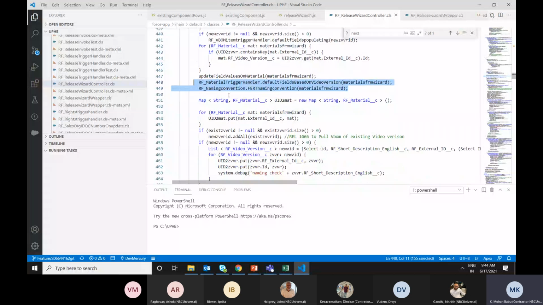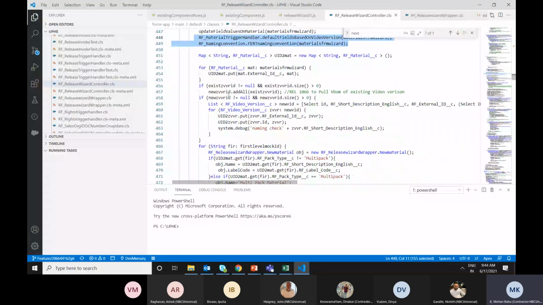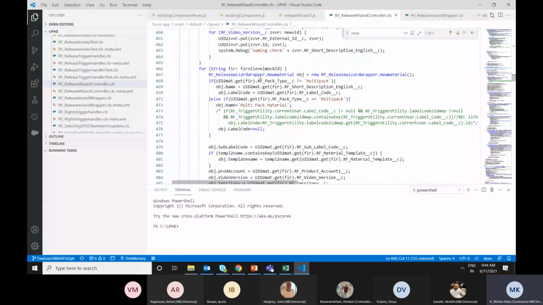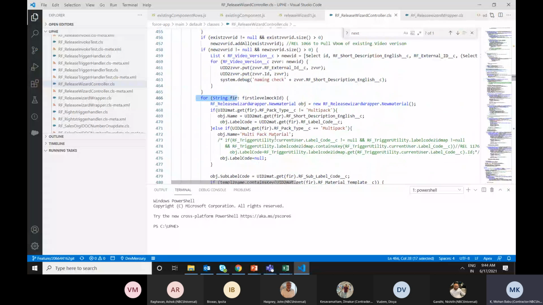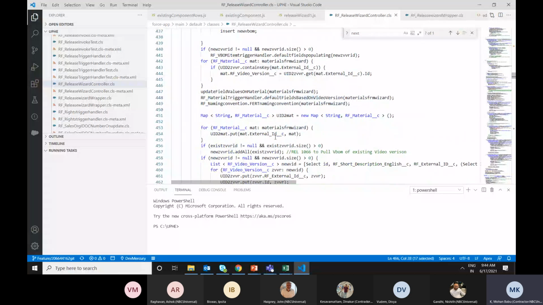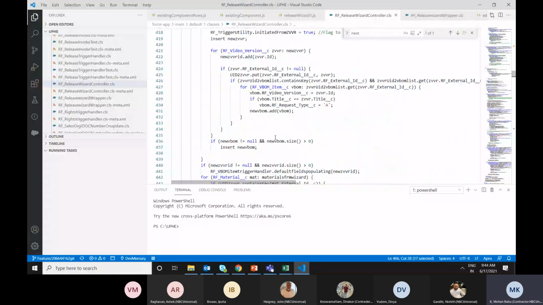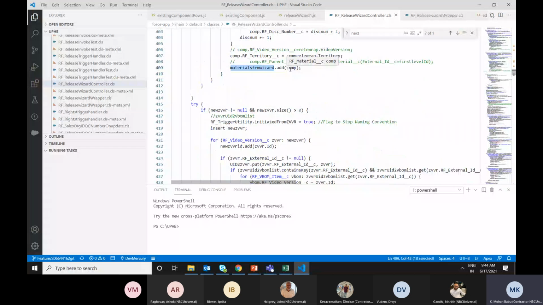And after performing the defaulting, we need to unwrap it, I mean, send it back. If you see here, the materials from the wizard, this variable contains both the component as well as the first level material.